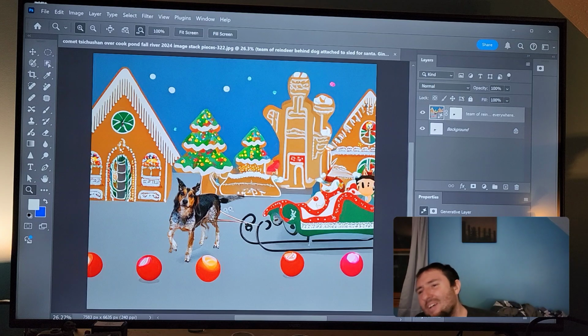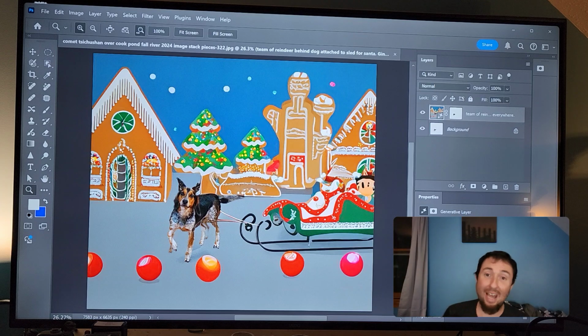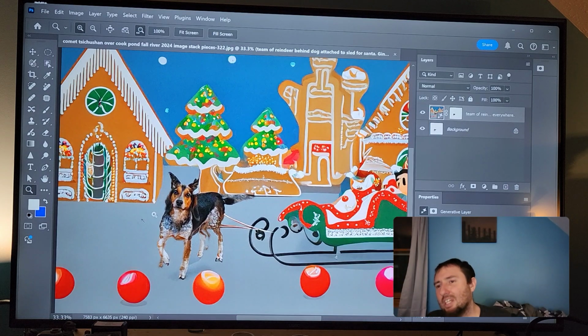So anyway, we have this dog here that is yet again messed up. I don't know why. This is great. I'm not mad at Adobe for this. This is actually the most happy with Adobe I've ever been, besides when I first began working with all this cool stuff. So, let's get a little closer and find out exactly what sort of crazy South Park-esque nightmare they come up with this time.